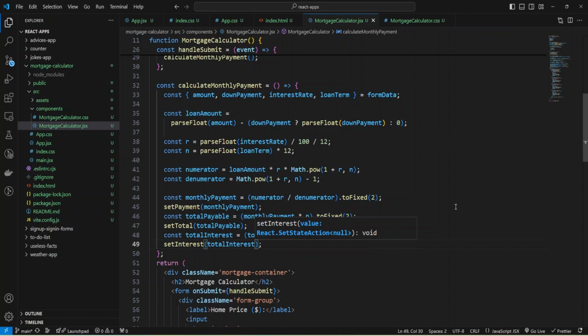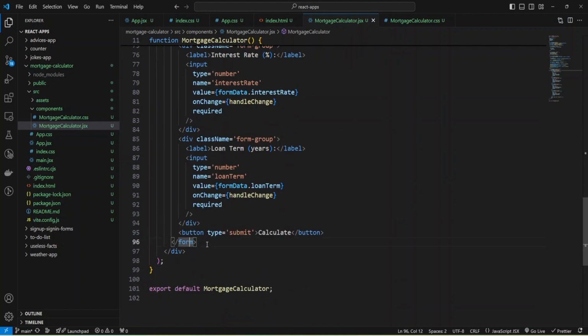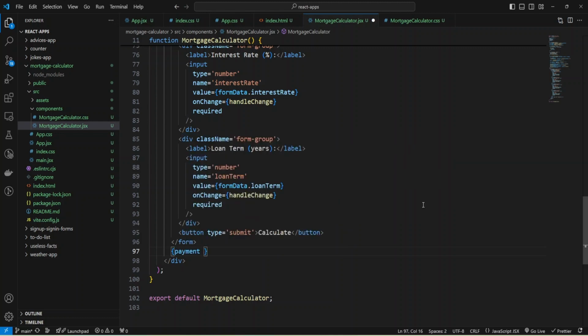Okay, and now we can provide our values to the user, and let's check. And I'm going to use conditional rendering and check if we have payment, and we calculate payment. We can display all values.